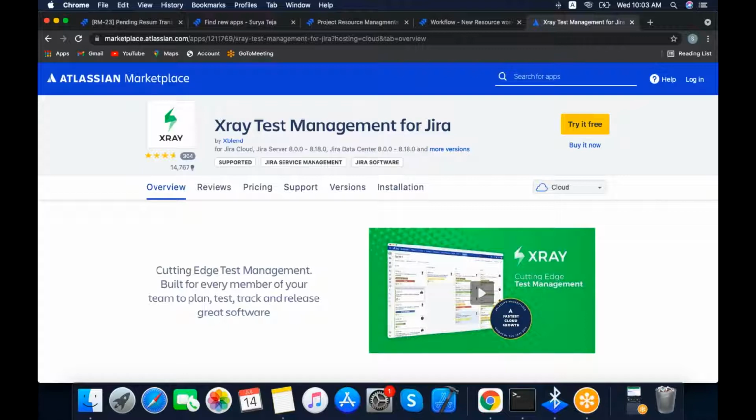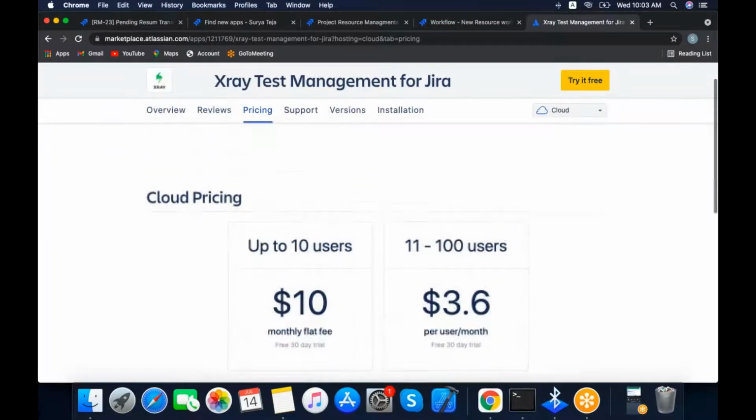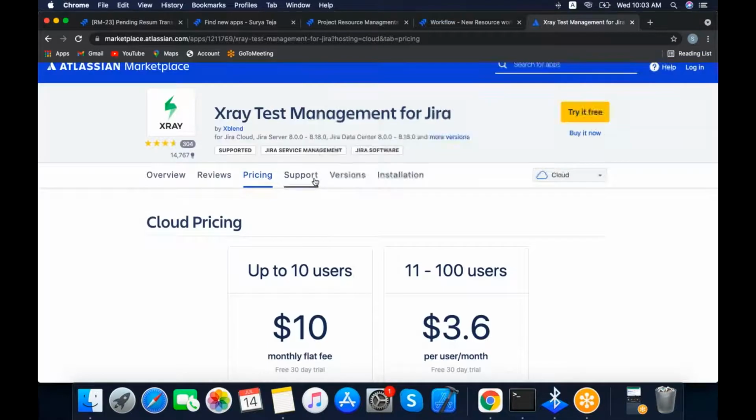If they give you work related to that, you need not worry about it. Simply search in Google for the add-on name they have given. You will find a page like this. Then go to reviews and pricing. The pricing per user and everything they will mention. If you increase to 100 users or 120 users, all these things will be available.